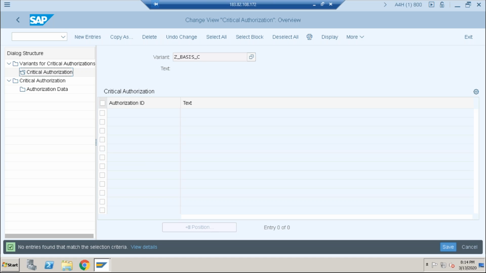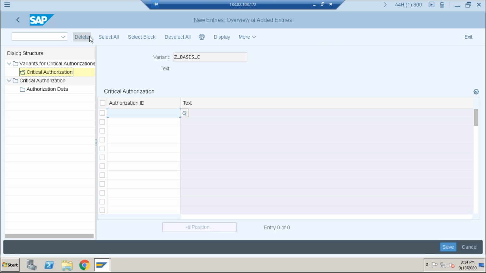So click on new entries. Authorization ID.